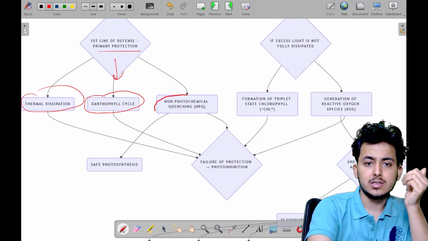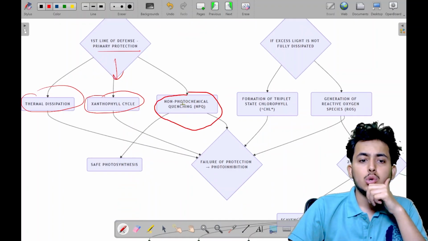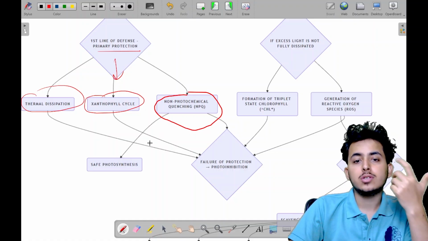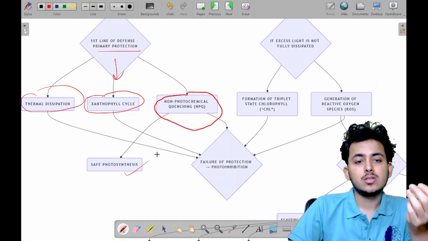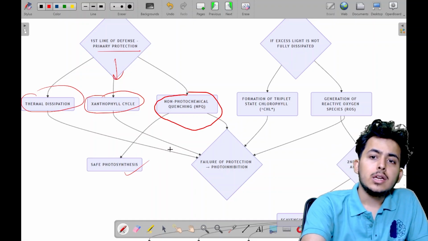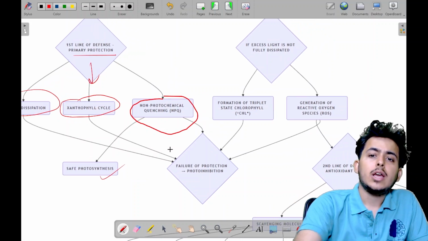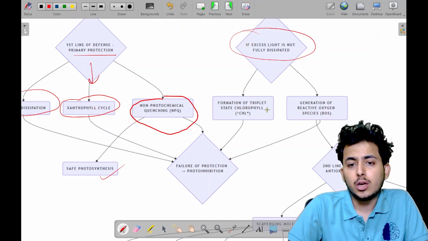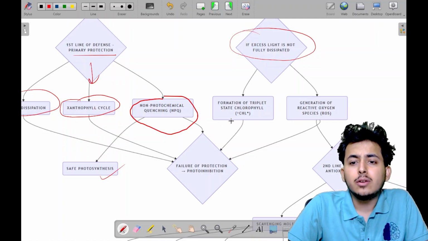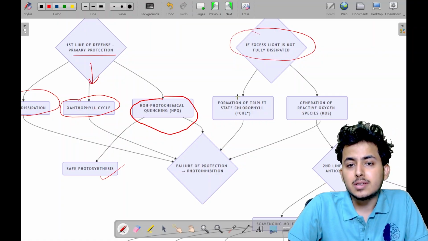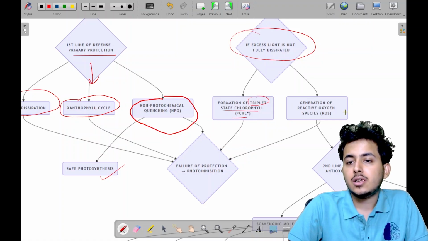Okay, so something you call non-photochemical quenching. In non-photochemical quenching, you can do photosynthesis. By photosynthesis you can utilize the light energy and you can protect yourself. Then in case the excess light is not fully dissipated by the three mechanisms, you can have formation of some different states of chlorophyll. Basically you have this triplet state of chlorophyll that can be formed, and there can be generation